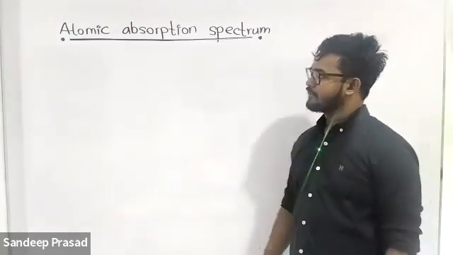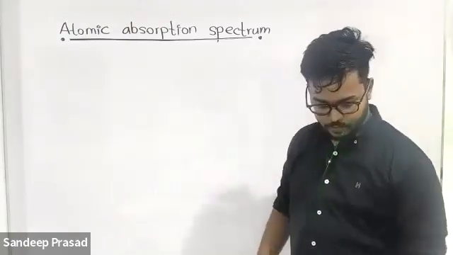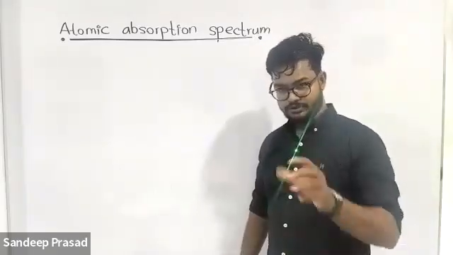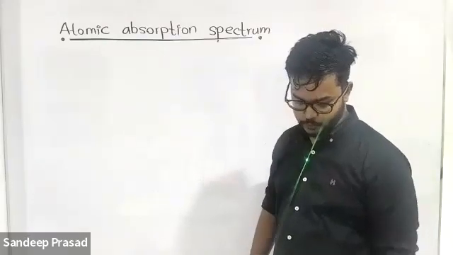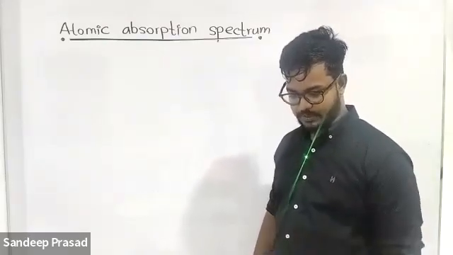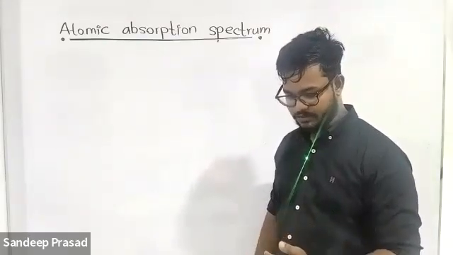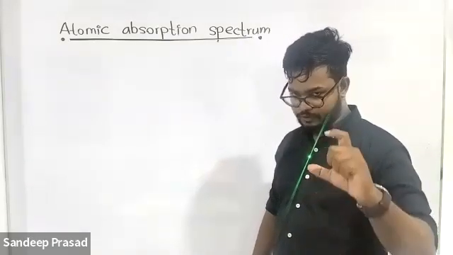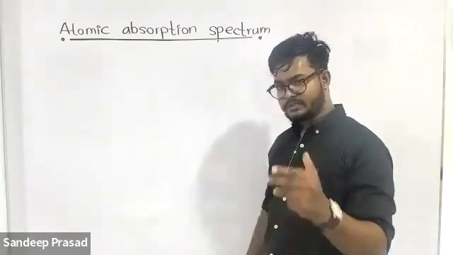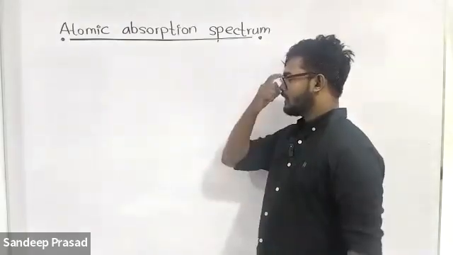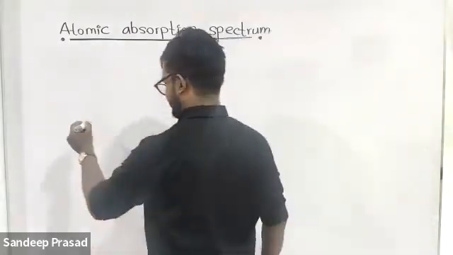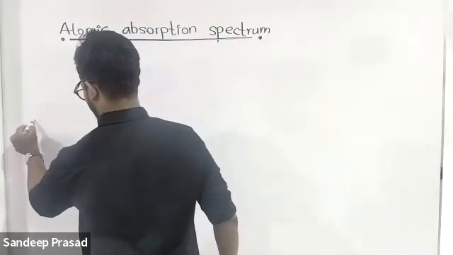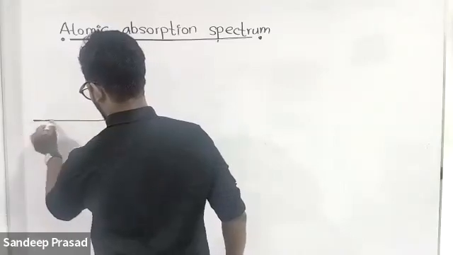Atomic absorption spectrum. First of all, I'm going to draw a diagram. You also have to draw this diagram on page number 32. After the atomic absorption spectrum, I have given you a space and paragraph. At the end of the page, I have given you a small space. There, you have to draw this diagram, okay? And I'll explain it one by one. The diagram looks like this. Very easy, right? We have a hot